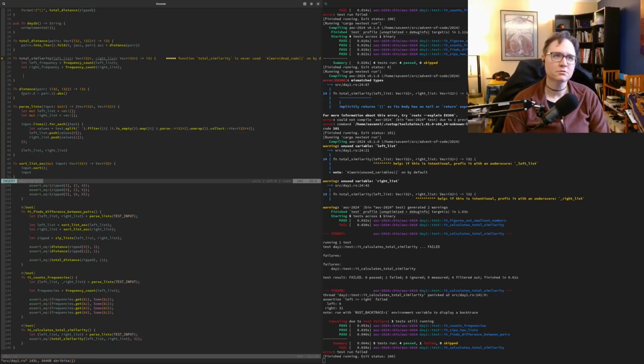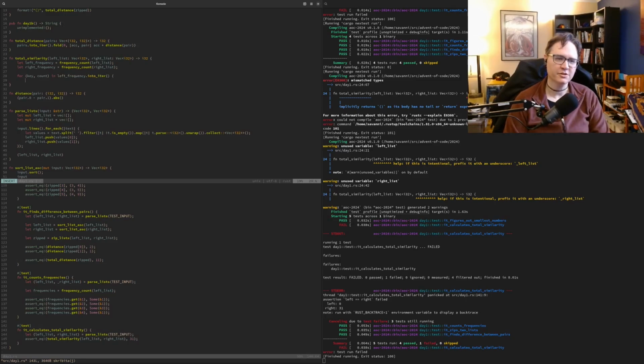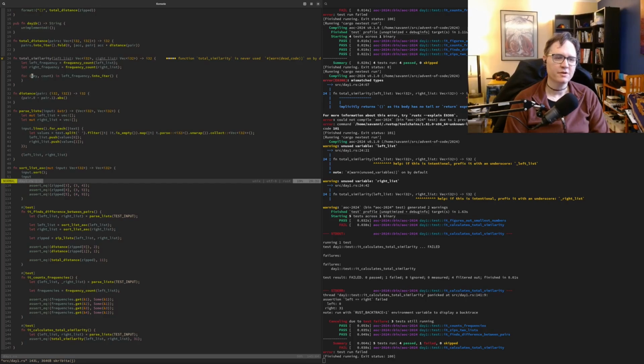So we're going to say for key and count in left frequency dot into_iter. May as well just go ahead and consume it. So this should be a reference to an i32, and also an i32. Okay, cool.